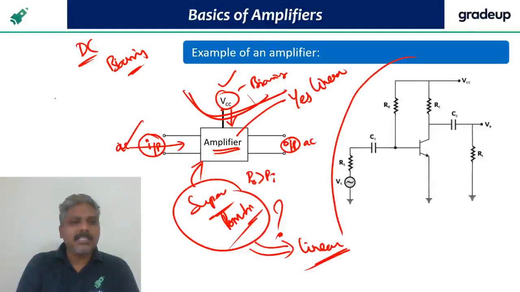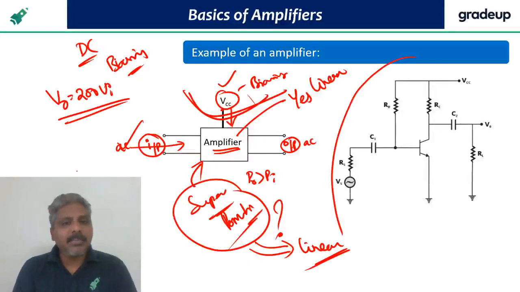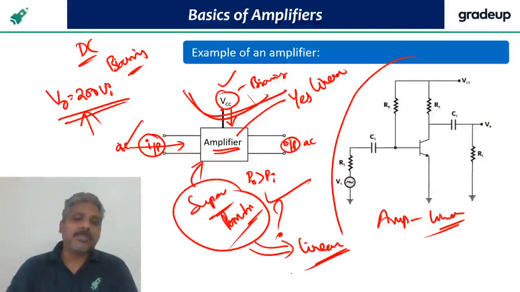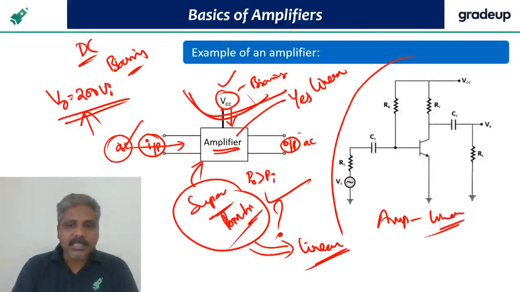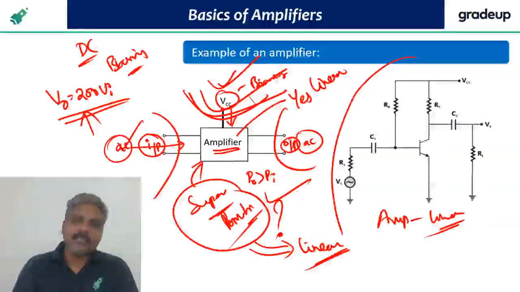Why, sir, is the amplifier linear? Output voltage is, let's say, 200 times the input voltage. Is it an amplifier? Yes. Is it not a linear equation? So an amplifier is always linear. Since it is linear, I can apply superposition. Now if I am interested in finding the AC voltage and AC current, I remove the DC. If I am interested in finding the DC, I remove the AC part and find it. If you want both at a time, then add them up.